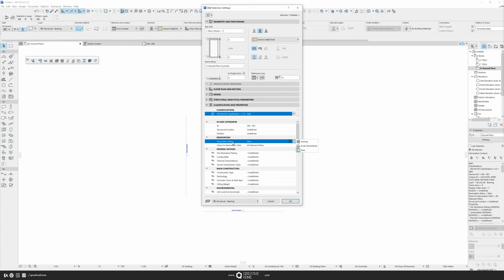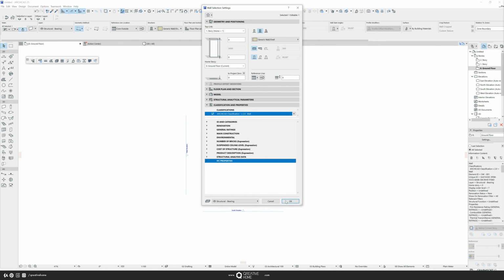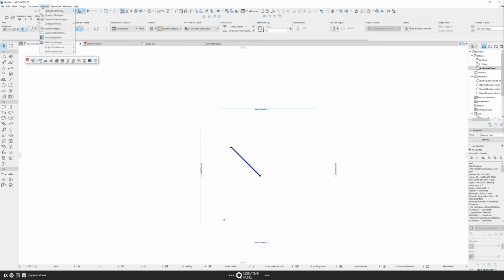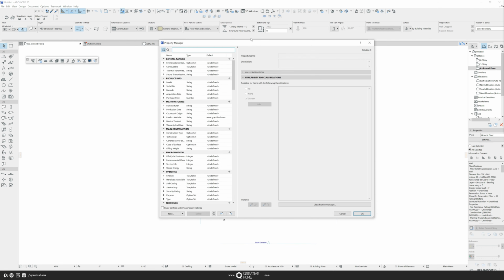But of course we can do this in a different way, and I'm going to show you how. We maybe cannot add more options to this point, but in the classifications and properties we can add as many points as we like to add. So I close this, and we are going to options, property manager, and in the property manager you can add more points. Usually you go to new and add a new point, or you can duplicate one if you have selected one,